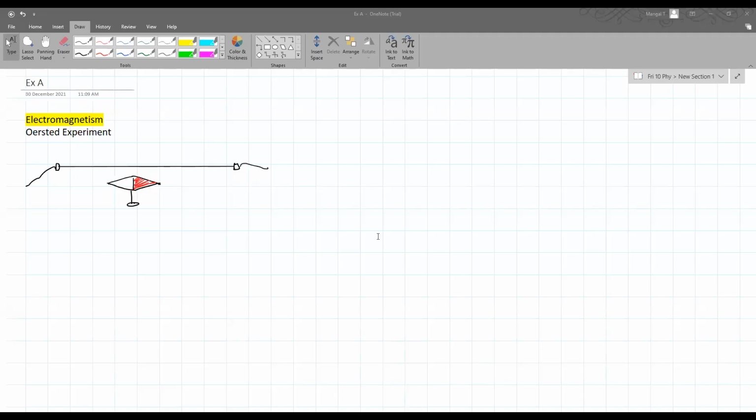In electromagnetism, we are going to do a very interesting experiment. That experiment was performed by Oersted, the name of a scientist, and this experiment was performed in 1820. Okay, that's quite some time back, and this experiment gave a relation between the electric field and the magnetic field. So, what we are going to see in this particular experiment is